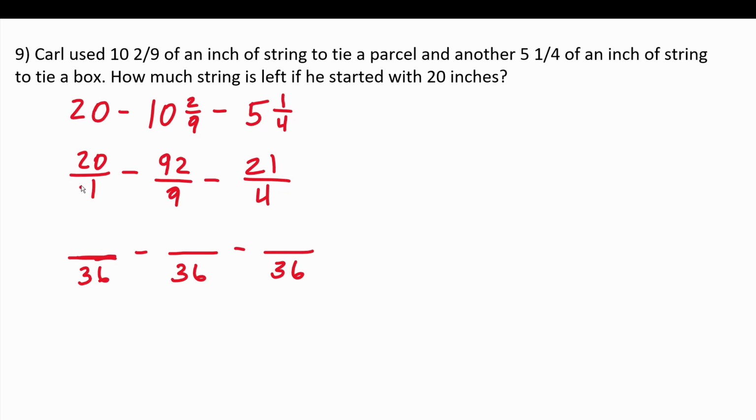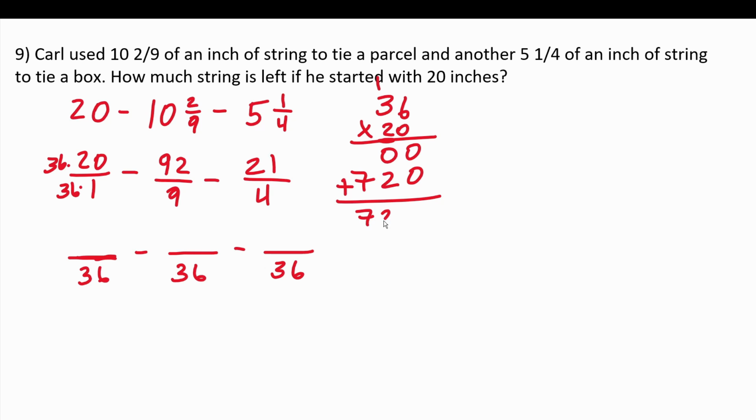To write 1 as 36, you would multiply it by 36, which means you're going to have to multiply its numerator by 36. So as not to make any mistakes, I'm going to do that off to the side here. Let me rewrite this. Usually when you do multiplication by hand, you put the bigger number on top. So this is 36 times 20. 6 times 0 is 0. 3 times 0 is 0. Before you start multiplication with the second term, you have to add a 0 placeholder. 6 times 2 is 12. Carry the 1. 3 times 2 is 6, plus 1 is 7. This is 720 plus nothing, so this is just 720. So this is 720 over 36.